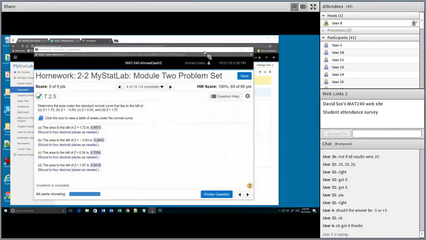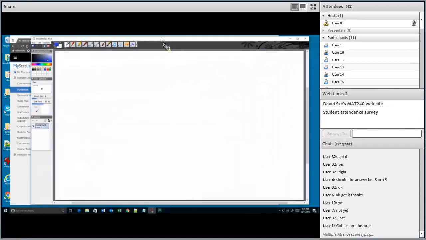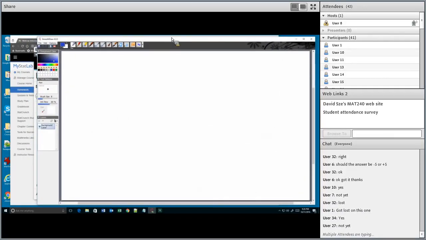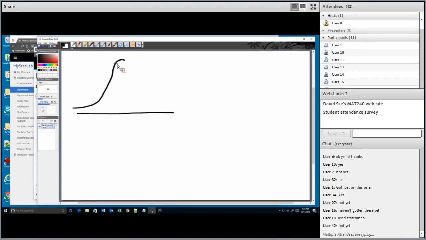Did any of you try these problems, by the way? Were you scared of this Z? Did you think about what Z is? You're going to see all sorts of letters now. A lot of times it can be very frustrating. But let me tell you what Z is. Z is very easy. And now you'll be like, oh, it was that easy.